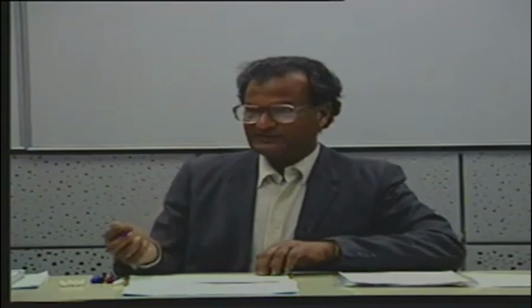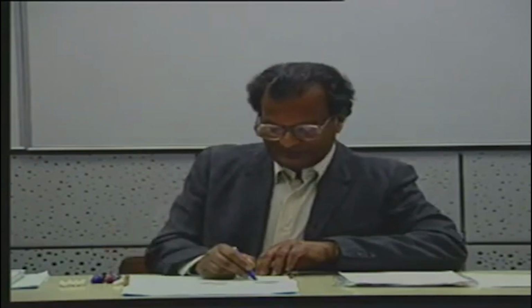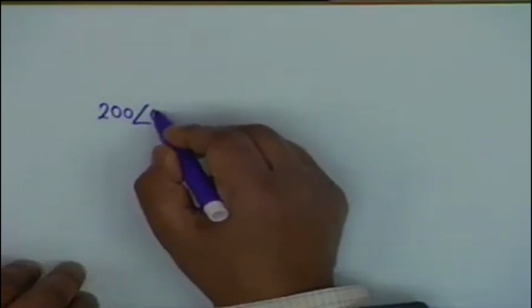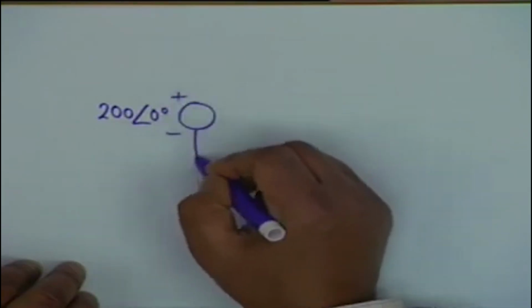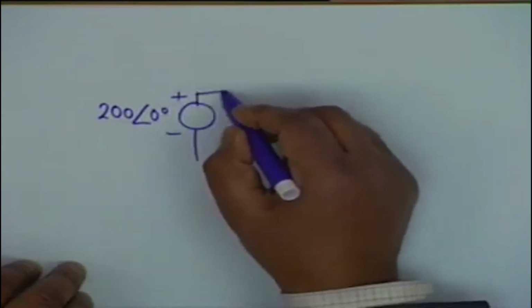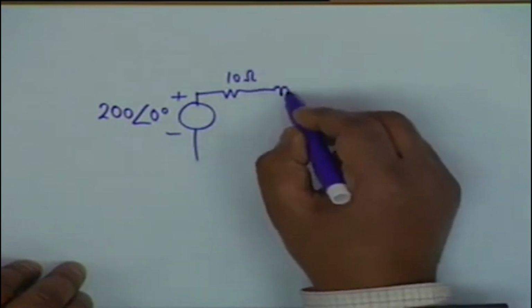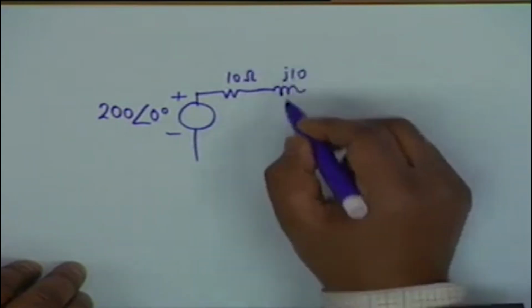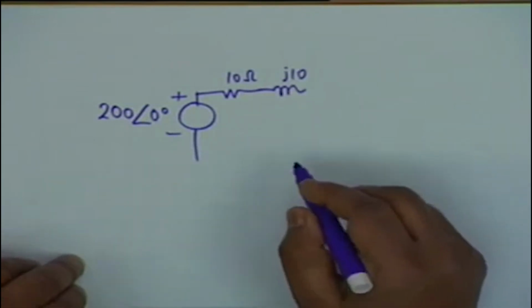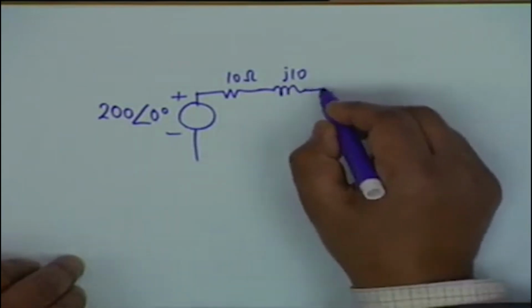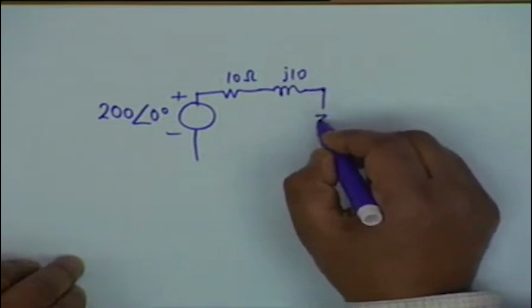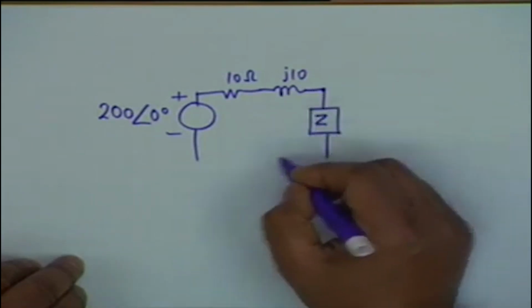Let me illustrate this with the help of a problem. I have a source 20 angle 0 degrees and an impedance consisting of 10 ohms and J10, which means an inductive reactance, and my load is here. My load is this Z,